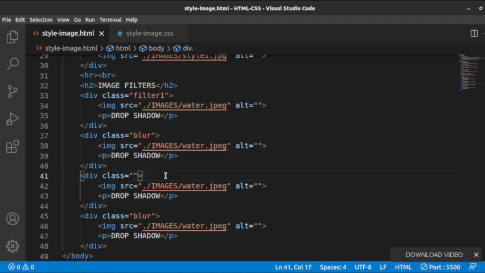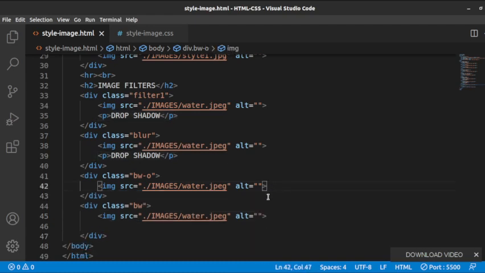We're talking about black and white, so we can say black and white. O for original, then we can say black and white. Do away with text, and then